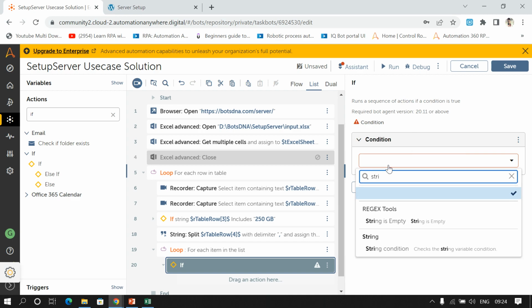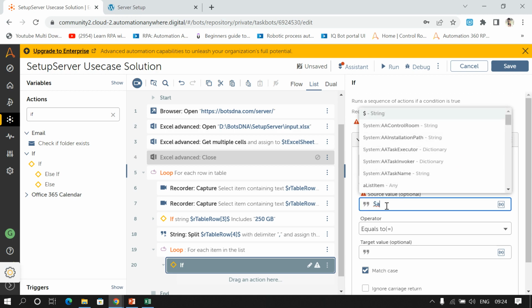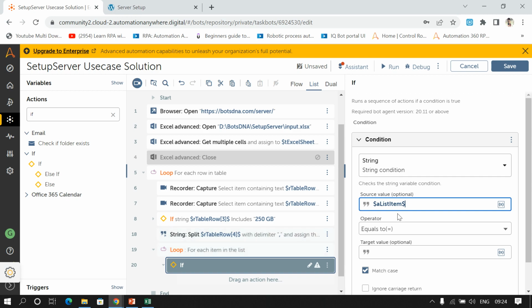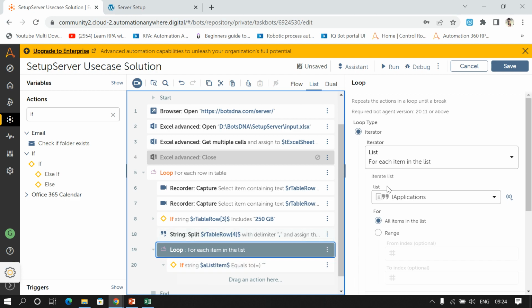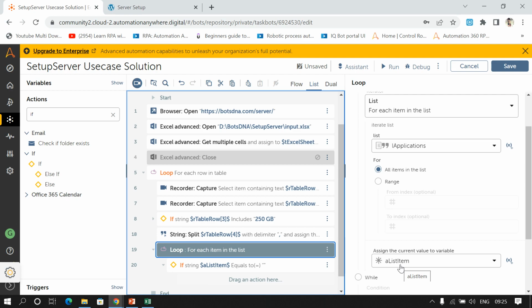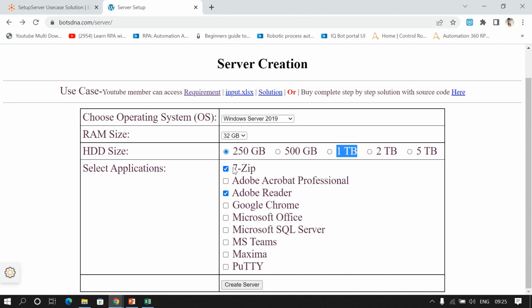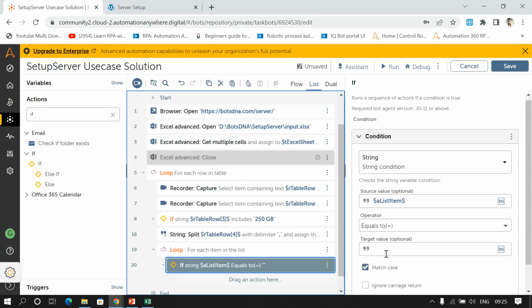Here I'll select string condition, and as the source value I'll pass a list item, because we have stored the applications in a list item. After this, because I'm looping through each list item, I'm storing the output in a list item. So here I'm selecting a list item source value. If it's equal to, here I'll pass the application's name. If it's equal to 7 zip,